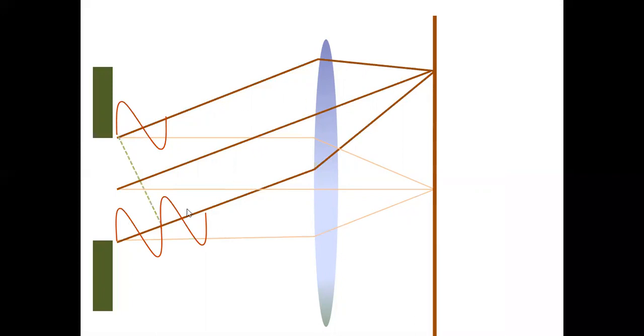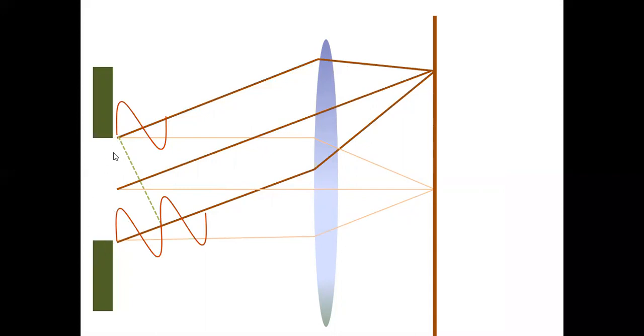This distance and this distance are almost the same. But this is the extra distance which is traveled by this wave. So how much extra does the wave starting from the bottom of the slit have to travel? I don't go for the path difference again because we have already derived it: a sin theta, that is the path difference, right?